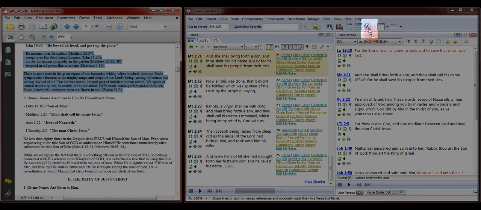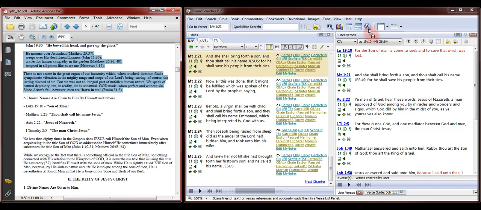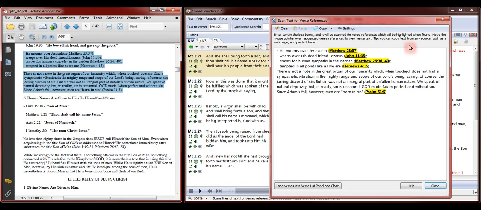Notice where I'm dropping the text. This is the toolbar button for the Scan Text for Verse References tool. I'm going to release the mouse button right over this toolbar button. I've dropped the text onto the toolbar button, and now the Scan Text tool is open for me with the